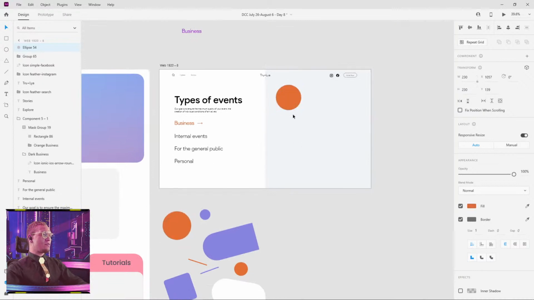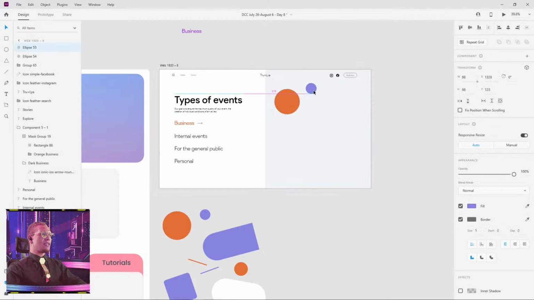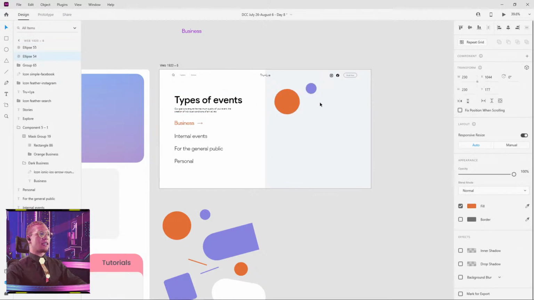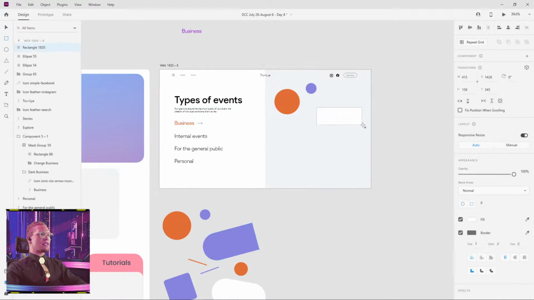So I'm just going to mimic my circles here, holding Alt, duplicating my circles, scaling with Shift, using my eyedropper tool, pressing I to get my colors. I'm gonna use my rectangle tool very quickly, take the border off.